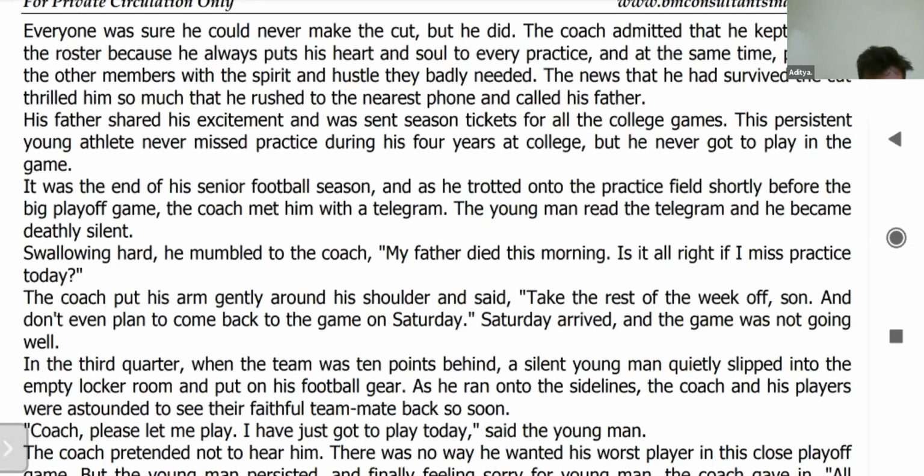Saturday arrived, and the game was not going well. In the third quarter, when the team was 10 points behind, a silent young man quietly slipped into the empty locker room and put on his football gear. As he ran onto the sidelines, the coach and his players were